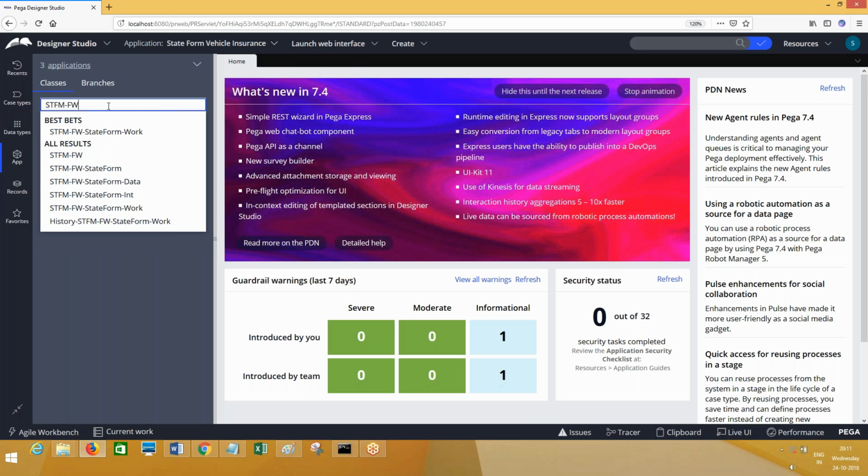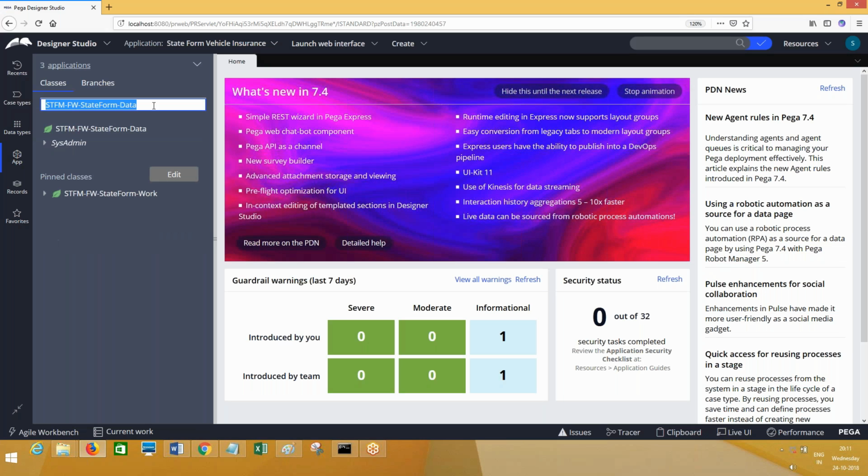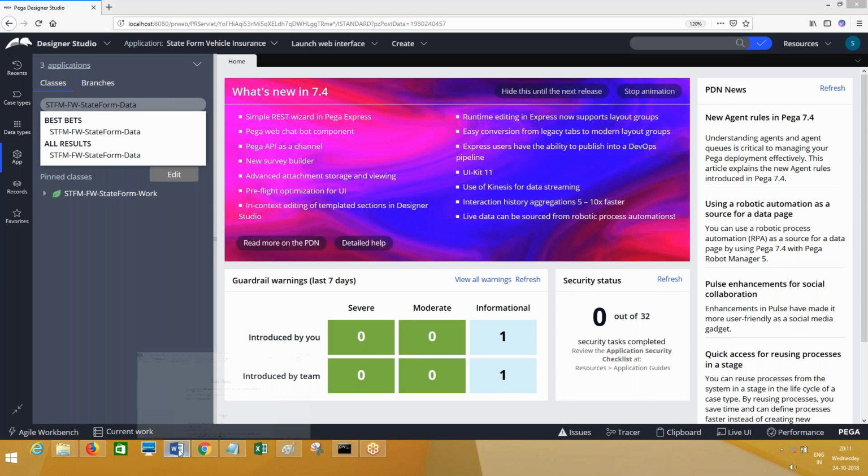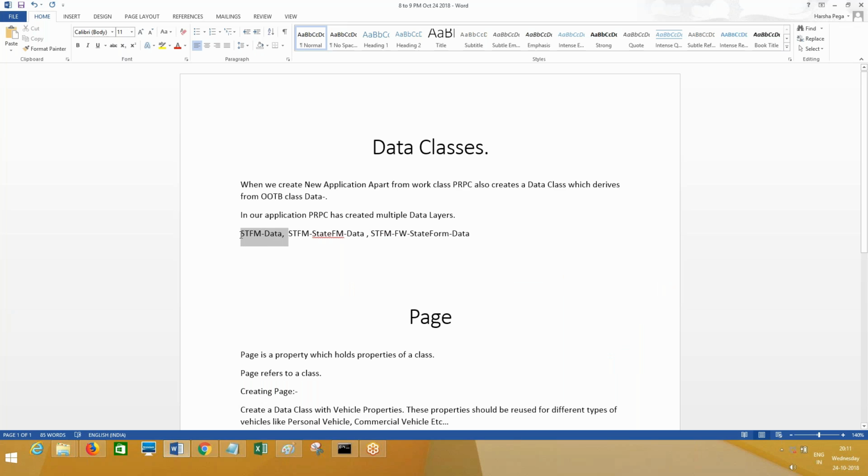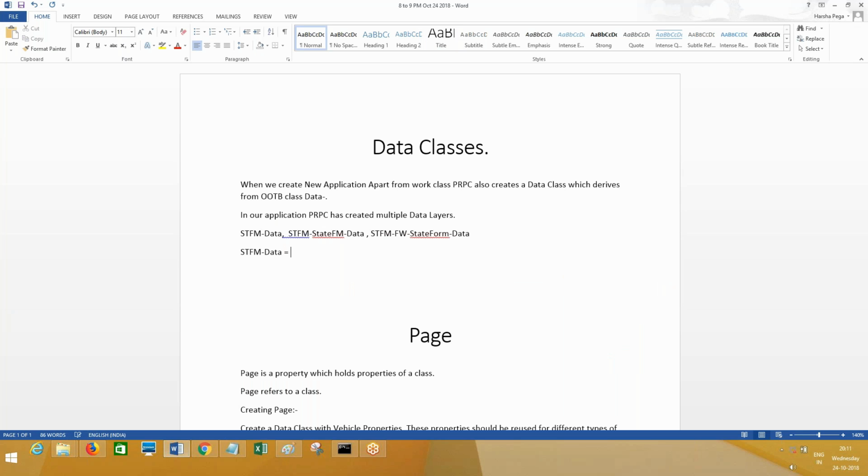FW data is there. So one is created, this is called the organization data layer. Let me write it down here. This is the organization data layer, or data class, as you generally call it.